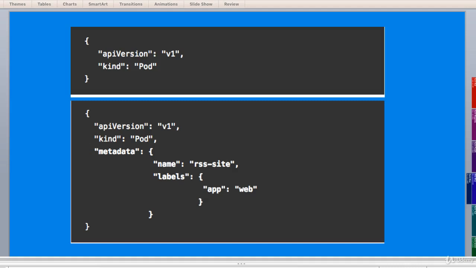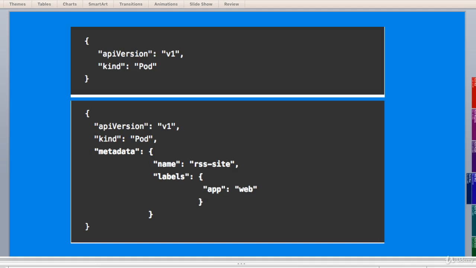Let's start by looking at YAML maps. Maps let you associate name value pairs, which of course is convenient when you are trying to set up configuration information. For example, you might have a config file that starts something like apiVersion: v1 and kind: Pod.